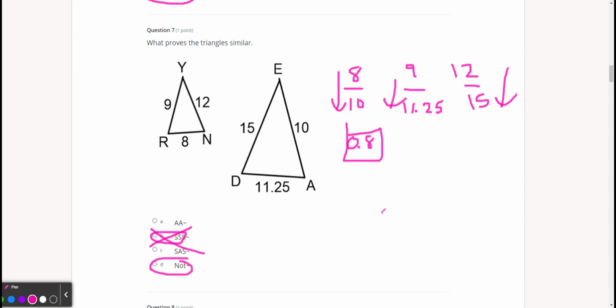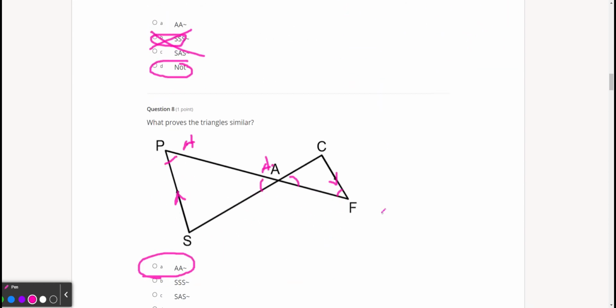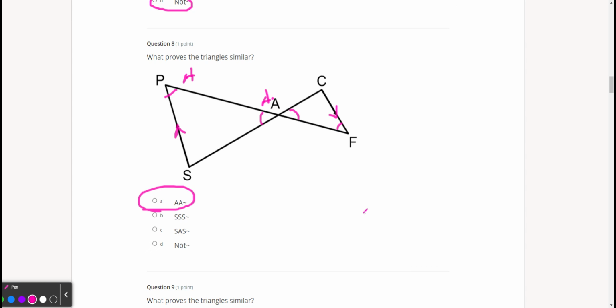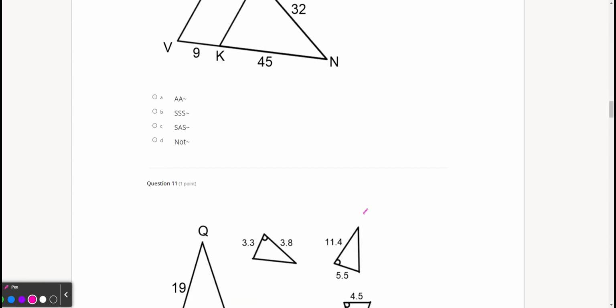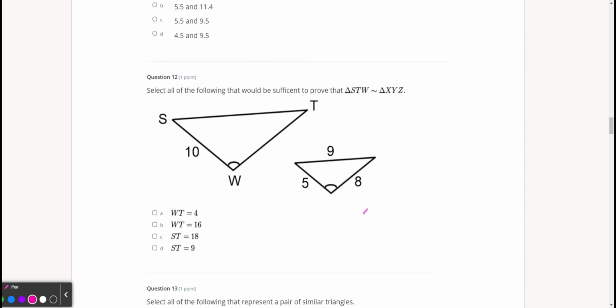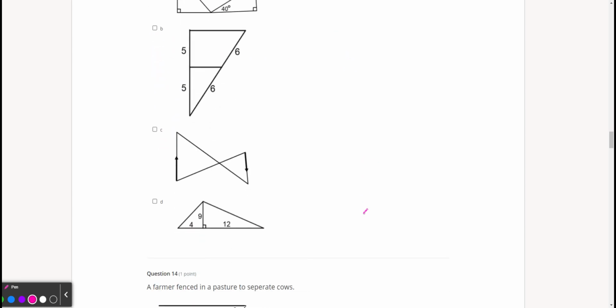Absolutely. These are good questions, guys. I know this is a hard unit. What other questions do we have? There's a lot of them in here. The next one I had was 15. If we get to 15,